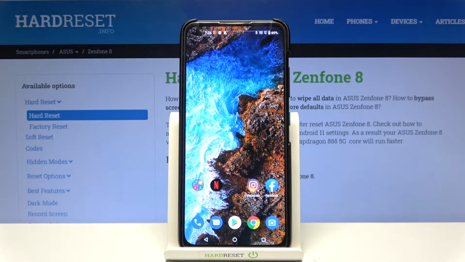Hi and welcome, I am here today with ASUS Zenfone 8 and I'll be showing you how to change your